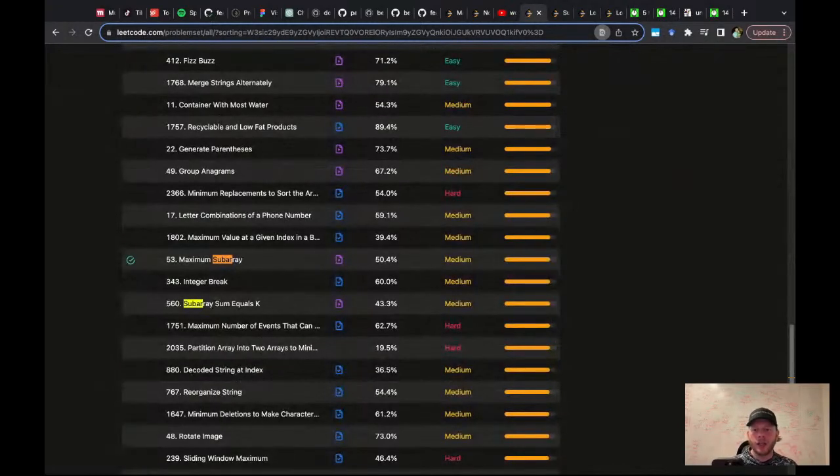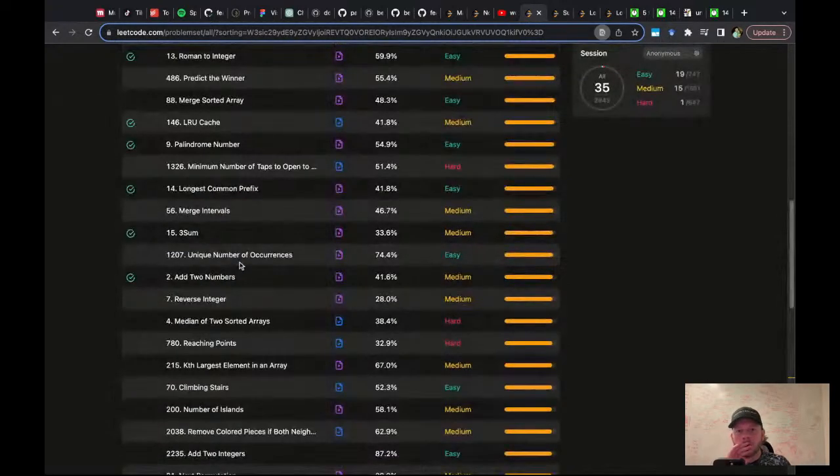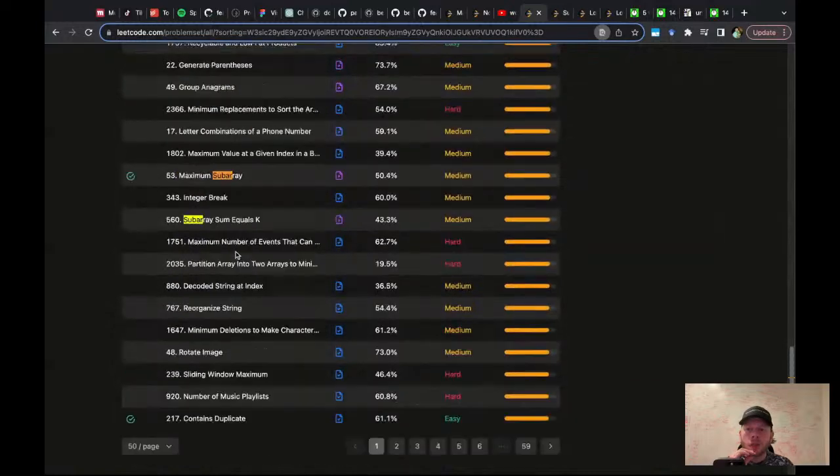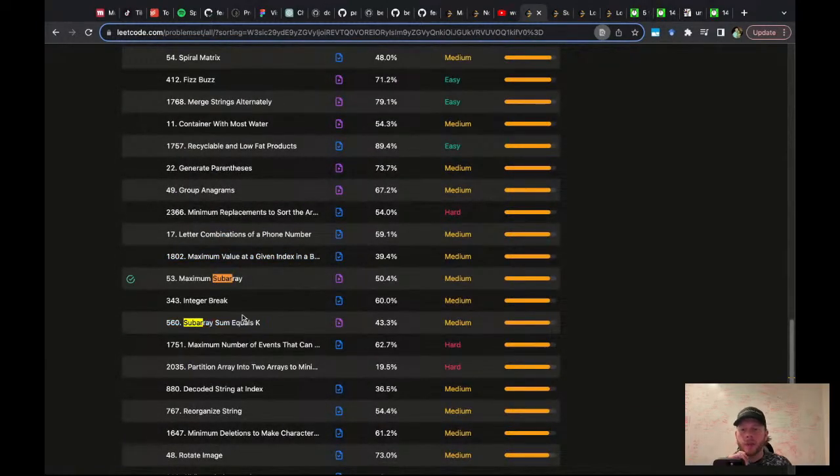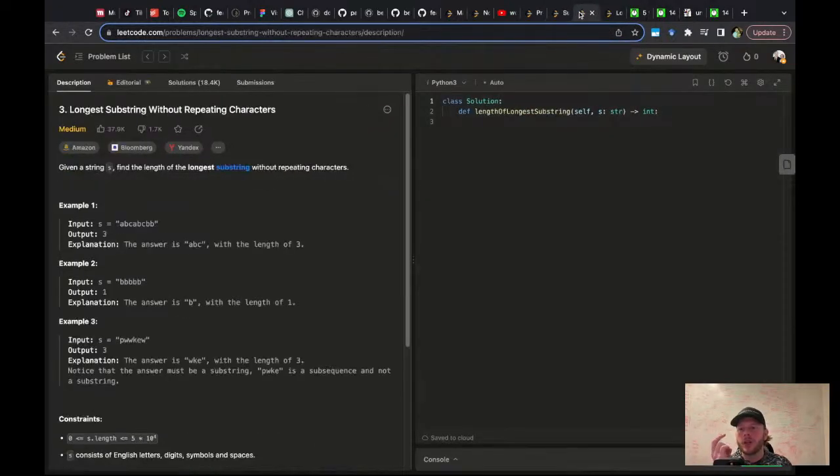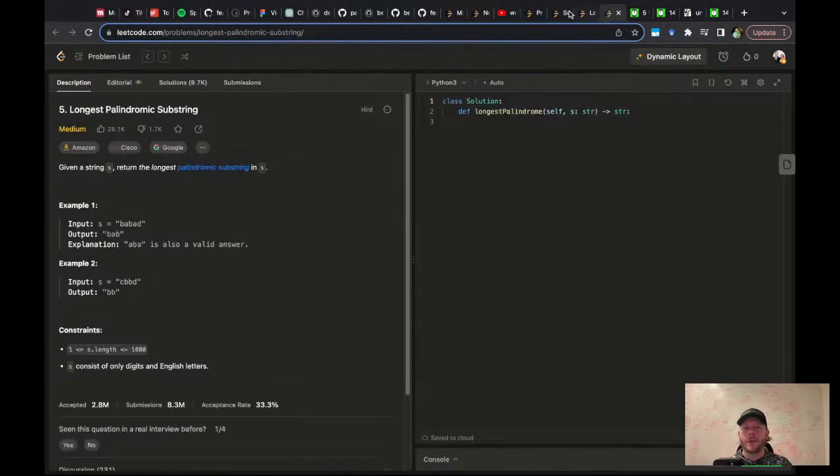There's maximum subarray. Subarray sum equals k. All right, it looks like these are the two to do, because they're very high frequency asks, right? Subarray sum. Oh, this is a different thing. Substring without repeating characters.